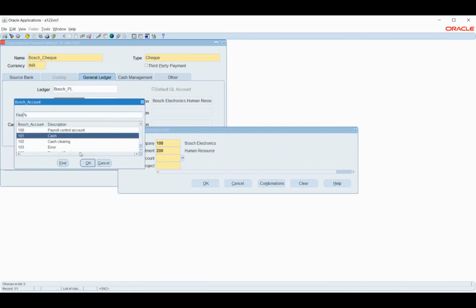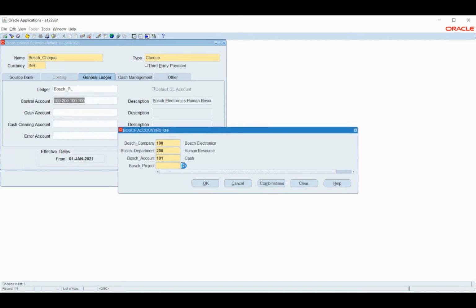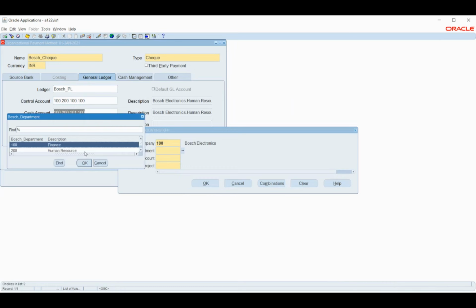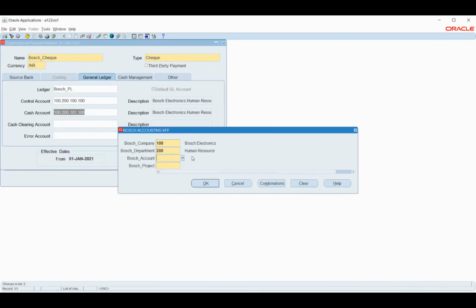The reason why we are selecting these accounts is that these are the accounts that will be picked up when we process this payroll from our payroll module or the HRMS to GL. Because finance will understand only in terms of accounting entries.